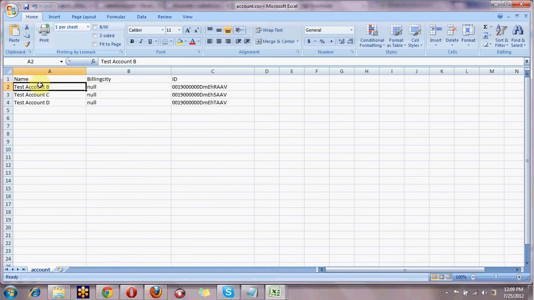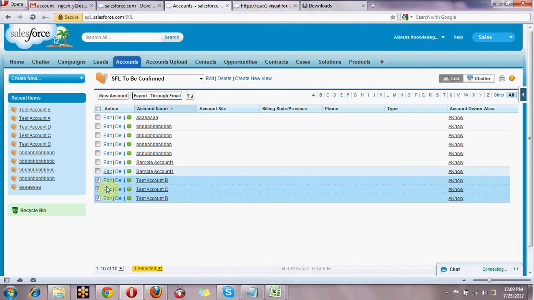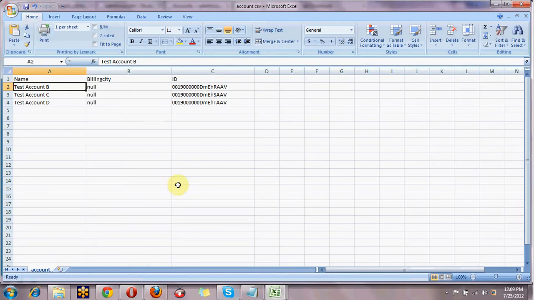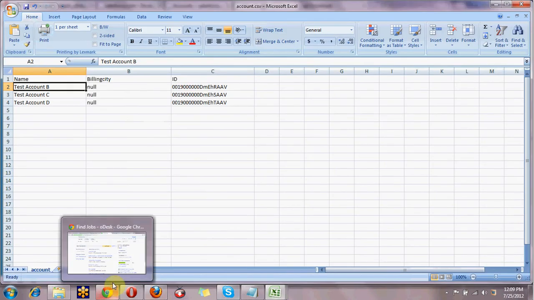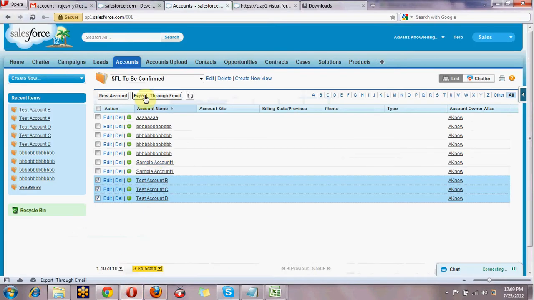And this is the test account A, B and C, because I just exported these three only, because here I selected only three. These three only are going to be displayed in this one. And this is one way we can export all our accounts, we can attach them as an Excel sheet, and we can send to the email.